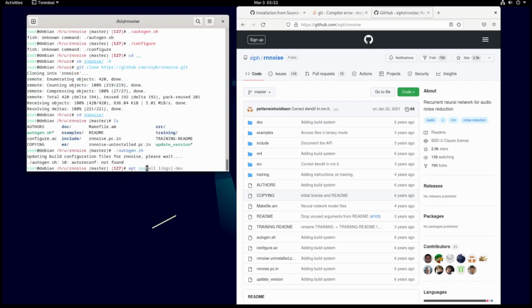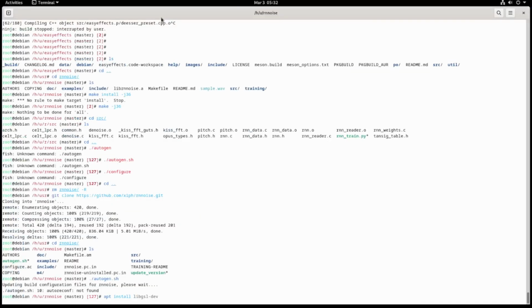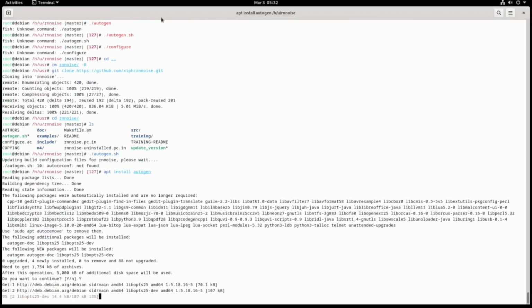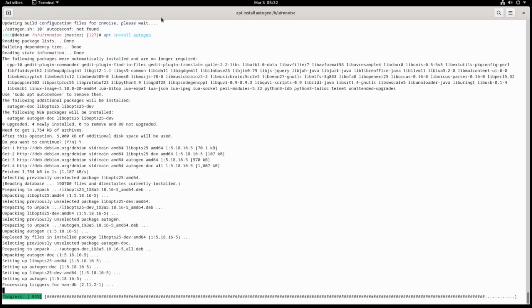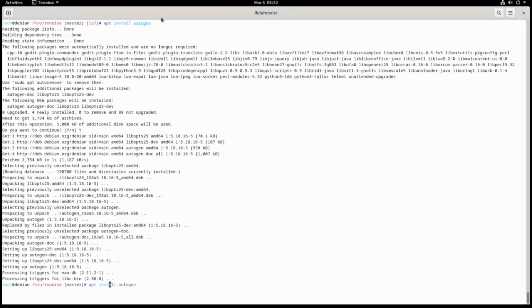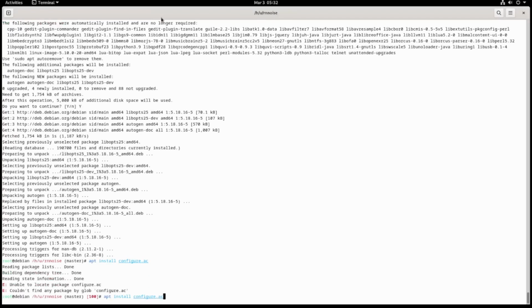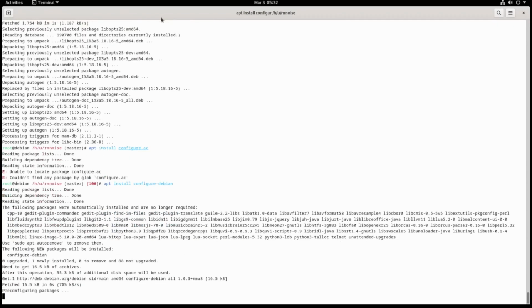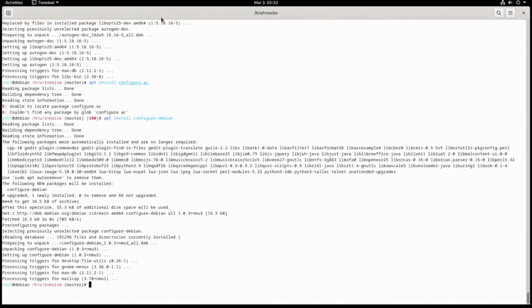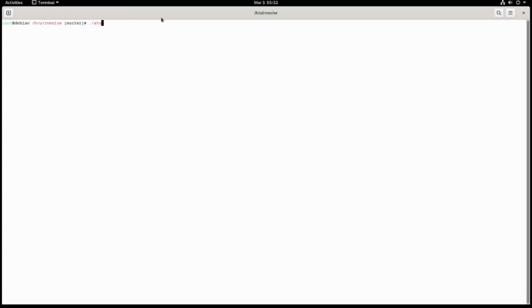Autogen.sh. Yes, I don't have this. Apt install. Let me get this bigger real quick, bro. Apt install autogen. There we go. Apt install configure, or configure Debian right there. Take that one, then